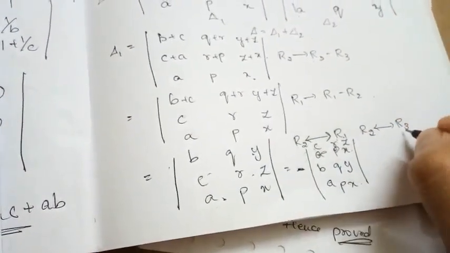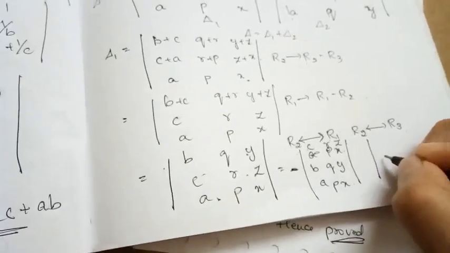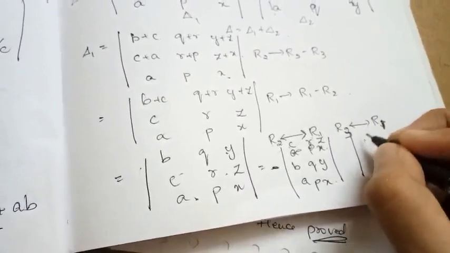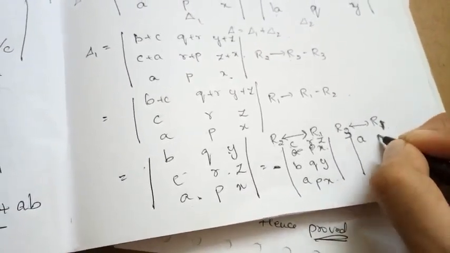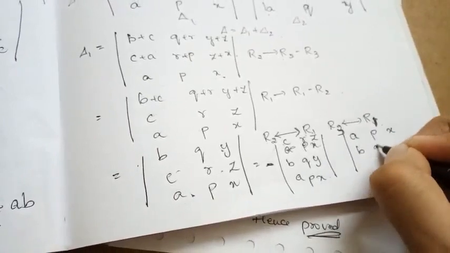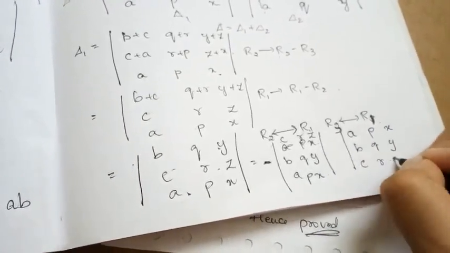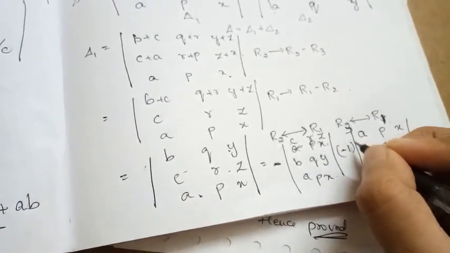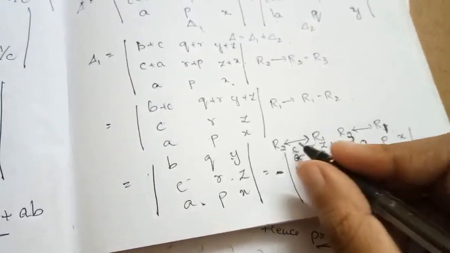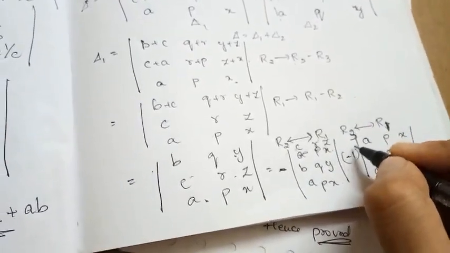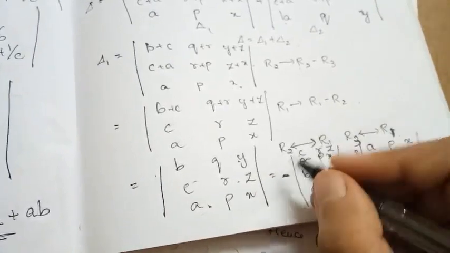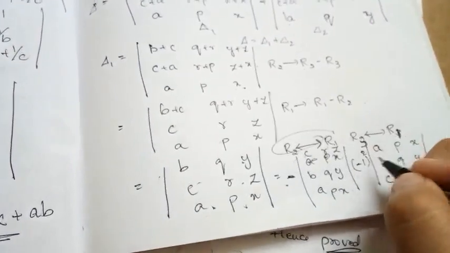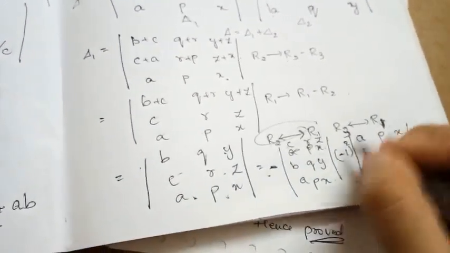Again, what I said, R2 is interchanging with R3. So here R3 is going to be interchanged with R1. So make the correction here, that is nothing but APX, BQY and CRZ. So here it was minus, and minus of minus 1 becomes plus 1. Understood? First, making one interchange, we are going to get a minus sign for this determinant. After making another interchange, minus of minus becomes plus.